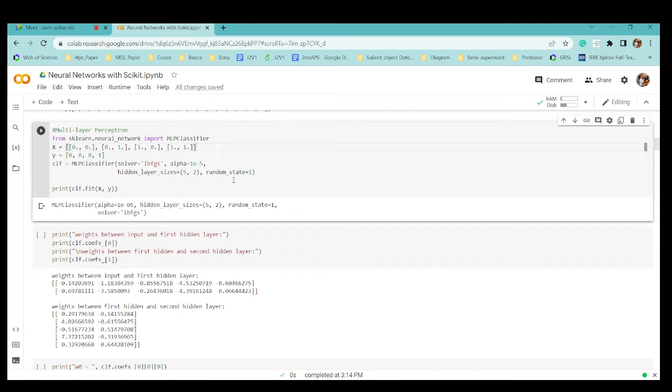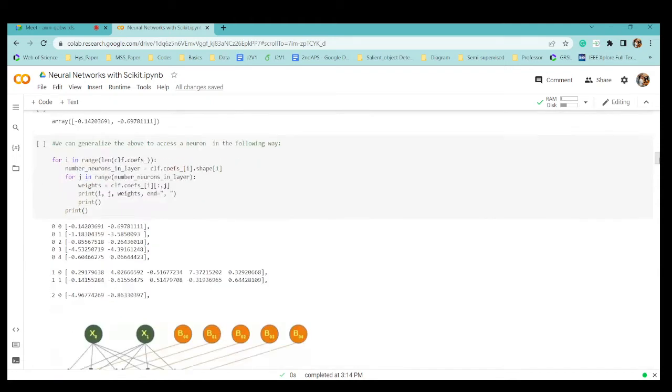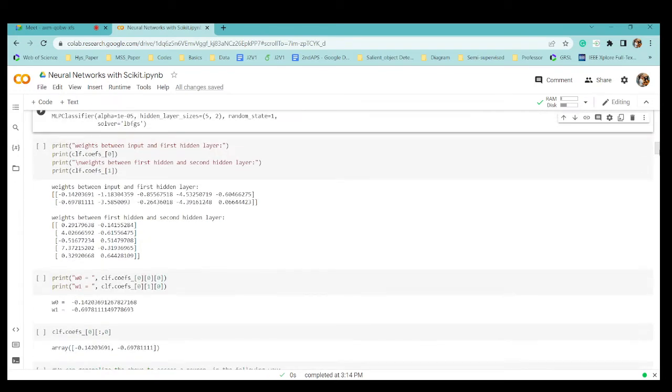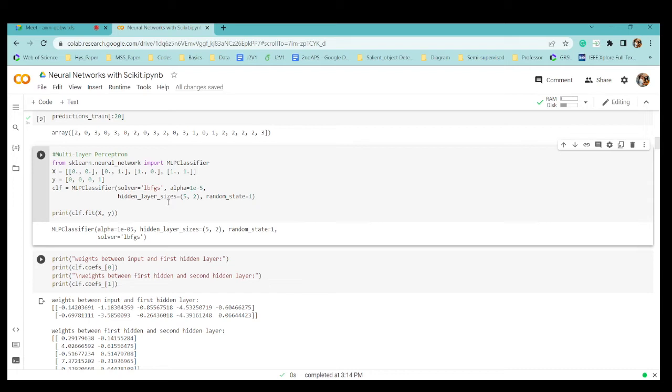What is there? 5 and 2. So there are two hidden layers, in which the first hidden layer has 5 neurons and the second has 2 neurons. Okay, and now I'm fitting my x and y.